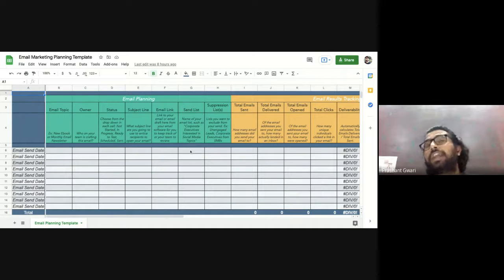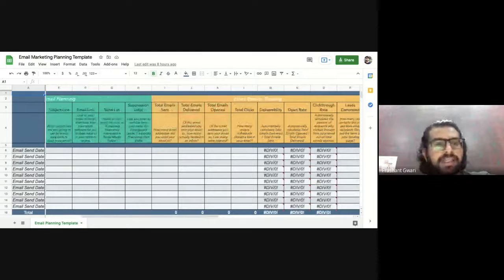You are targeting those who fill a lead generation form, or you are targeting those who add a product into a cart. And this is a suppression list. Those who you are excluding, which people you are removing from the list. Let's say you are removing those people who haven't engaged with your website in the last 90 days. So you can remove them from here. So those who are sending here and those who are not sending email, you will mention here.